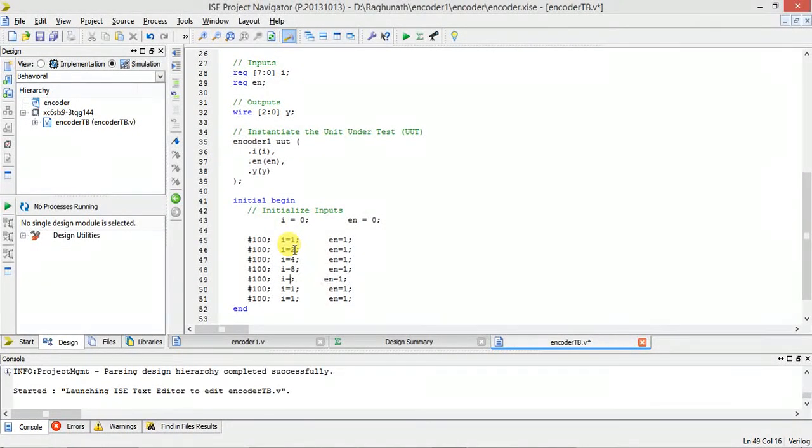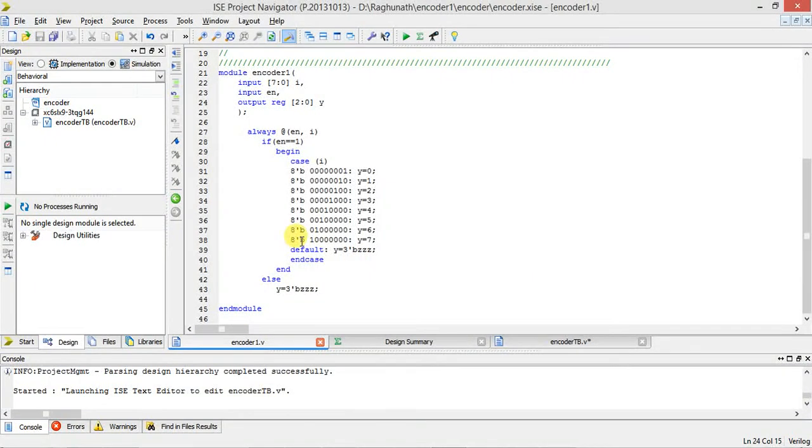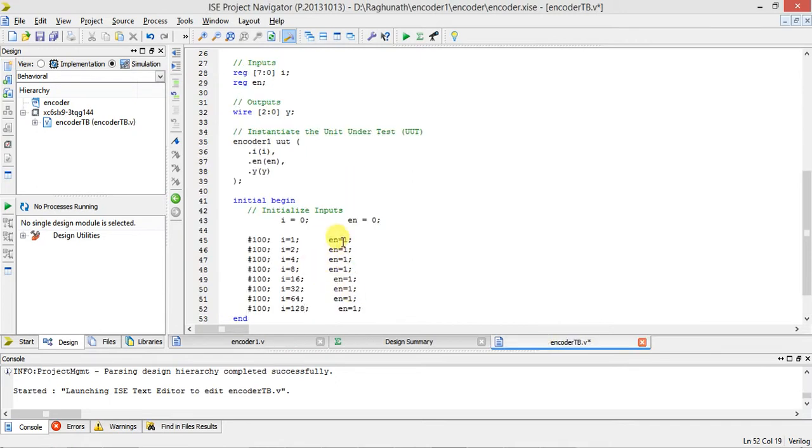If you want you can write the case statement, 8 inputs are there, no? That you can write. So after that 32, next it is 64, one more combination I have to give, that is I is equal to 128. I is equal to 128 means this combination, 10000000. You can write like this also, I is equal to this. This is 1 2 4 8 16 32 64 128. So same values are given here, and always enable is equal to 1 here.